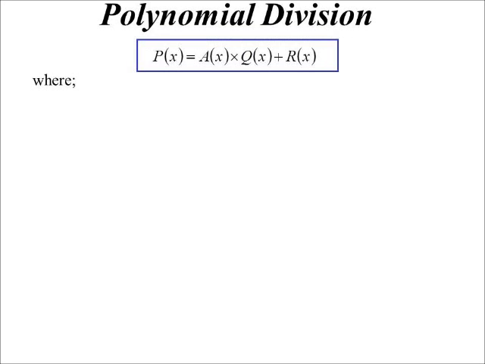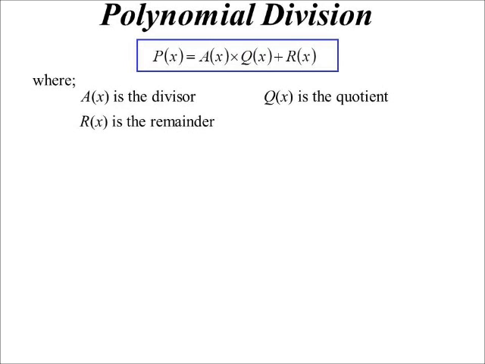Let's look at this idea of polynomial division. Sort of going back to long division. You remember that from primary school days, where you used to do the long division? It's the same division formula that you would have seen back in primary days, except we're dealing with polynomials rather than numbers. Right? So A(x) is the divisor, Q(x) is the quotient, R(x) is the remainder, P(x) is obviously the